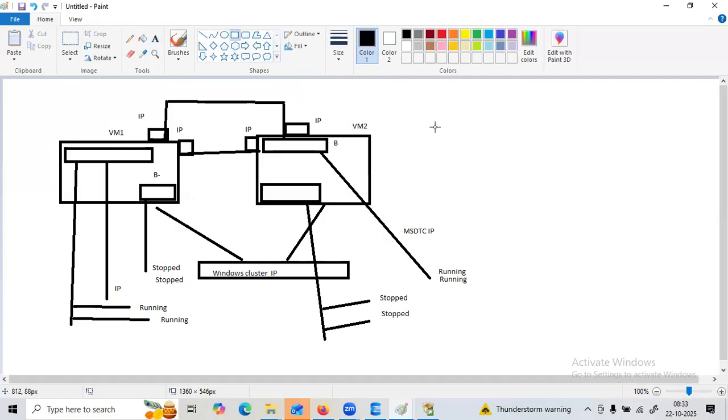Let me finish in another 5 minutes. Don't want to take the same setup. I'm not going to change anything. What I'm going to do,